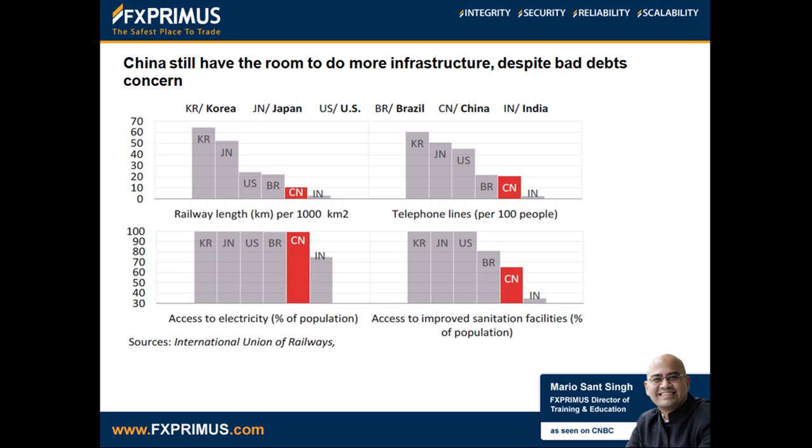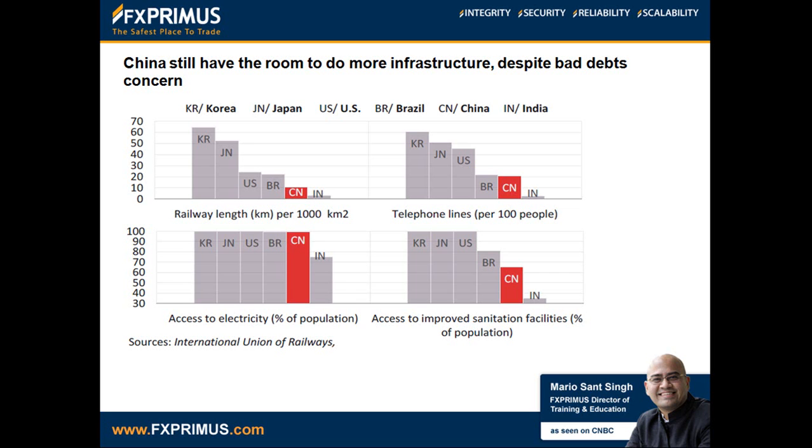So people are arguing whether there's still room for China to do infrastructure investment, right? Because nowadays infrastructure is a negative word in China. It's not a positive word, because lots of economists and analysts are arguing that China should have more of a consumption base. They shouldn't do lots of infrastructure investment anymore. But